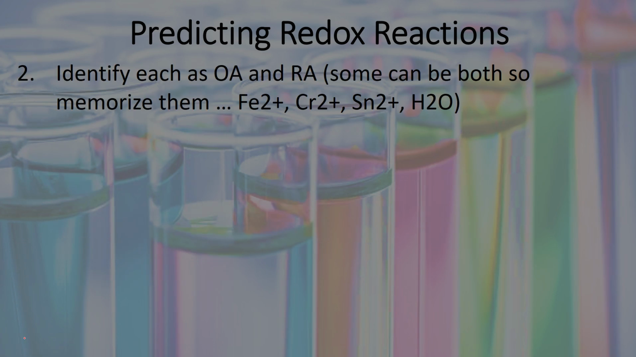Okay, the next one is you need to identify each substance as an OA or an RA. Would they lose electrons or would they gain electrons? You'd say OA, RA for every single species. Could they act as an OA? Could they act as an RA? We also have 4 species here that act as both OAs and RAs. Rather than looking for them on the chart, if you just remember them, it makes your life a little bit easier. And Mr. Shelley had a saying that says,